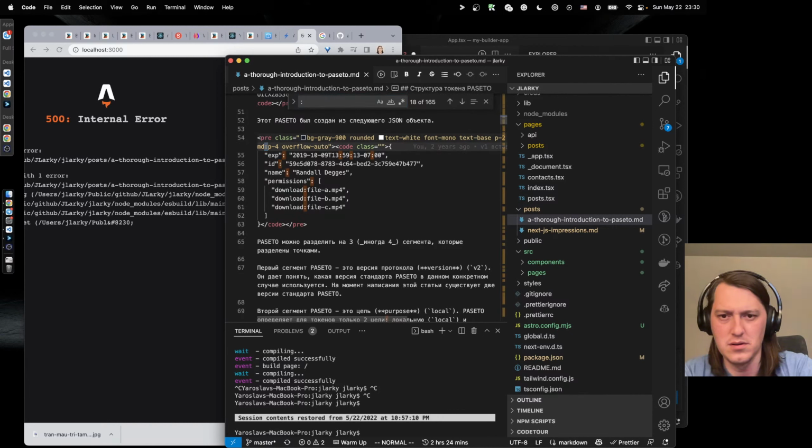So let's get rid of some stuff. Okay, so let's probably commit what we have right now. So this one and this one, so this works on dev, but doesn't build with React.